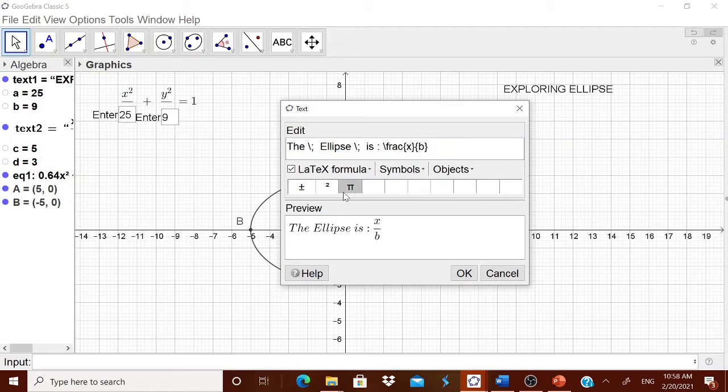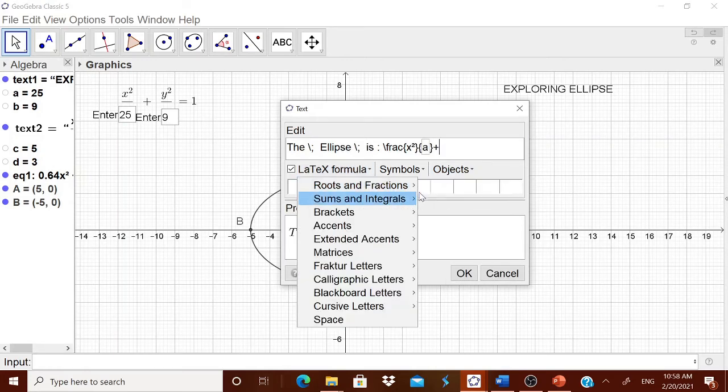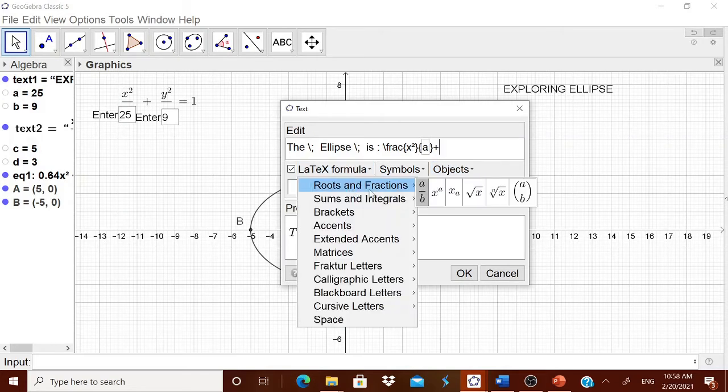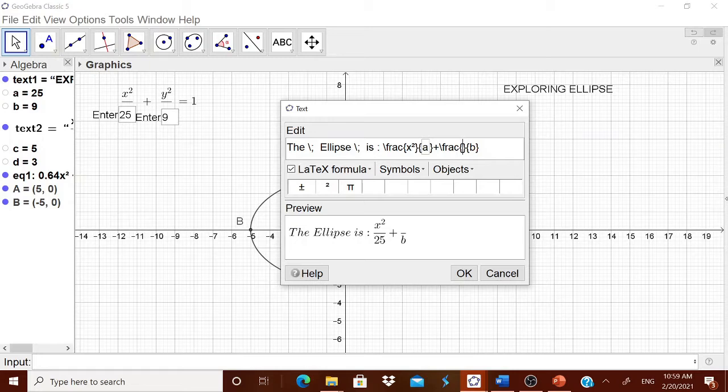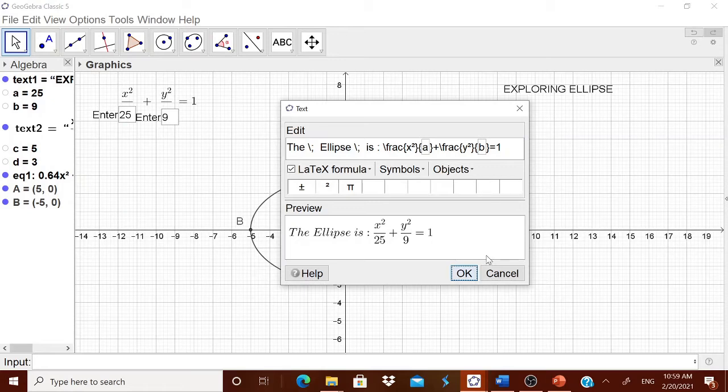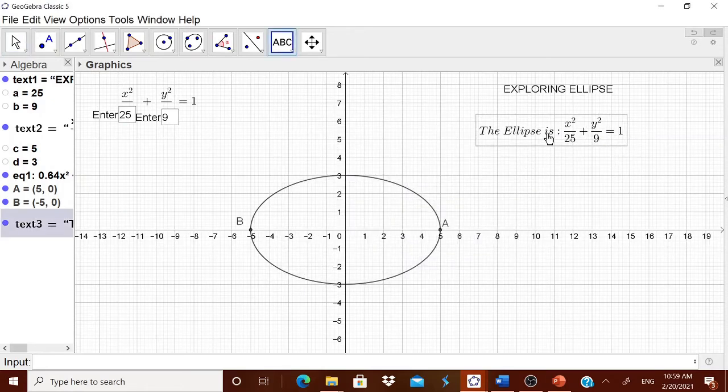x square, therefore x square by, what is a square in this case? It is small a, plus again latex formula, sorry, I think something is wrong. Okay, then again latex formula, go for a by b. Here it will be y square, therefore y square by, what will be the number which should come here? By b is equal to 1. If the child changes the number, remember, automatically this number also will get changed.